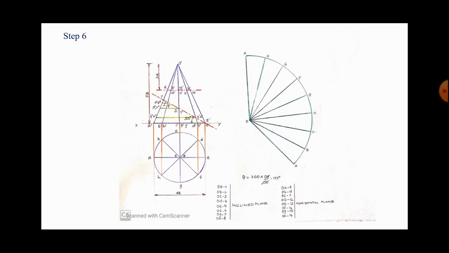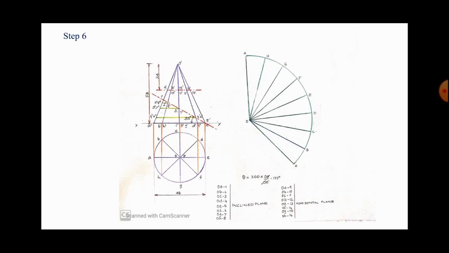Here, in the front view, you have only two true lengths. One is O dash E dash, another one is O dash A dash, because OA and OE are parallel to the XY line in the top view. So in order to measure the distance, you have to project all the cutting points to the true length. That means, to get the distance to the point 1 dash, 1 dash is already along the true length, so it's not an issue.